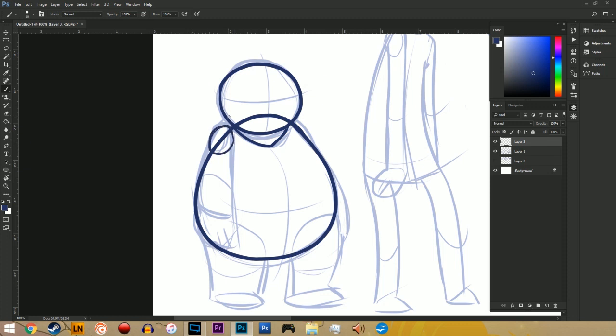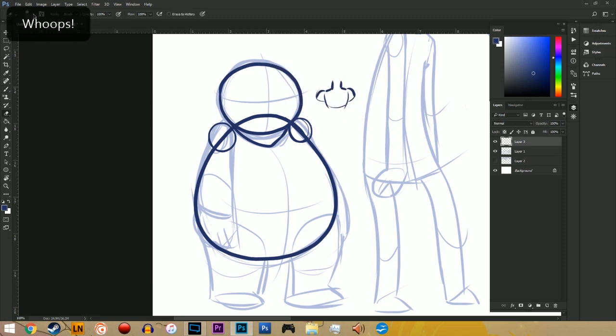Typically when I build shoulders, I like to just draw circles where I think the shoulder's going to be, and you're going to want to put them not as close to the neck as possible, because you've actually got a little bit of shoulder meat before you get to the shoulders proper, if that makes any sense. This is more or less torso area and then you've got shoulders, so you don't want to put them right up against the neck, but in some circumstances it's alright.